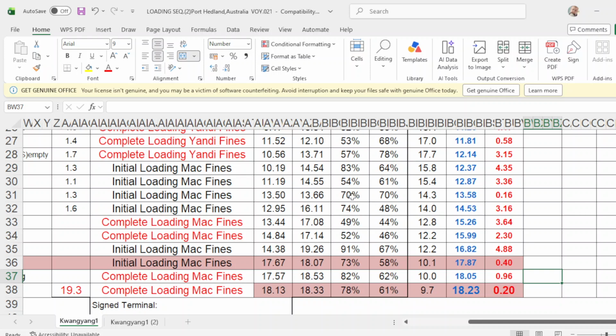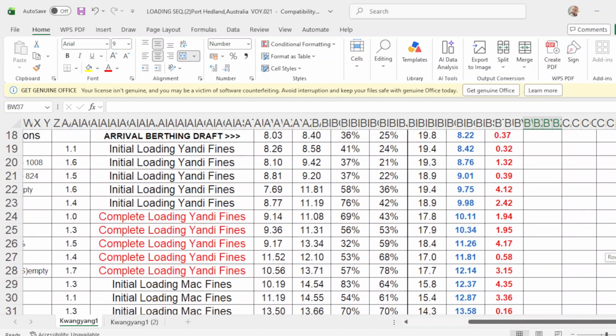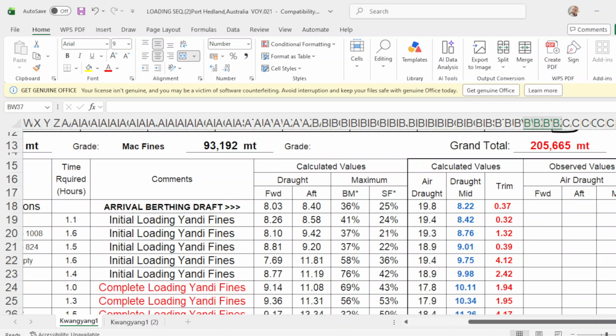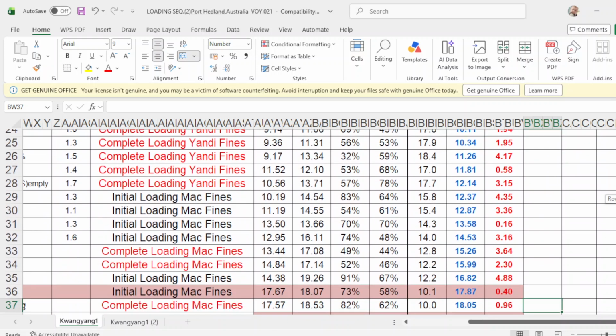Okay, so let's say myself and the draft surveyor went down the vessel, and we took a draft reading forward, aft, mid, port, and starboard. Upon completion of reading the draft, we both agreed that the forward draft would be 17.67, the aft draft will be 18.07.